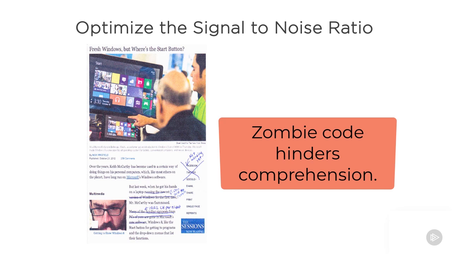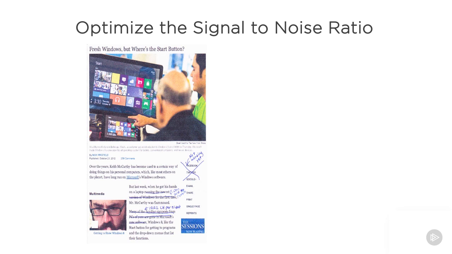Zombie code is directly opposed to comprehension. It slows reading and maintenance because less actual production code is on the screen at any given time. It's visual noise because it's unclear if one should read it at all. For some reason, we often accept this compromise as developers, but we'd never accept such sloppiness in the real world. Imagine if the New York Times looked like this. We would not stand for this.